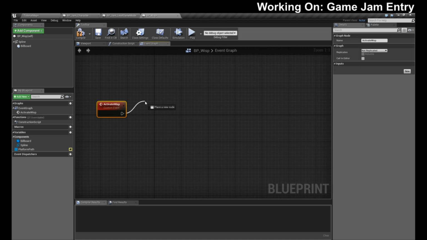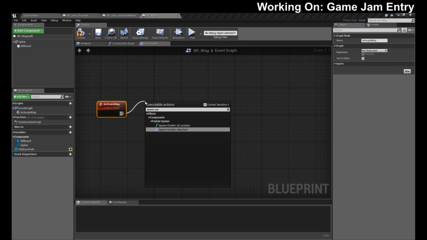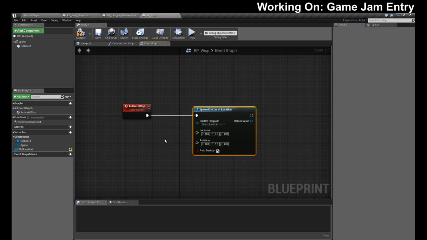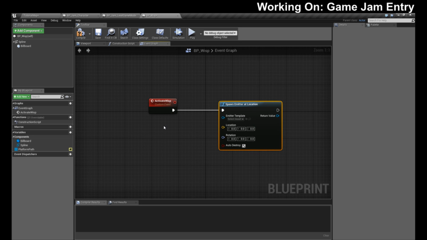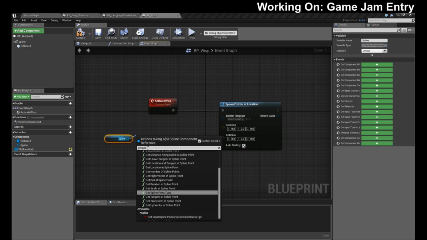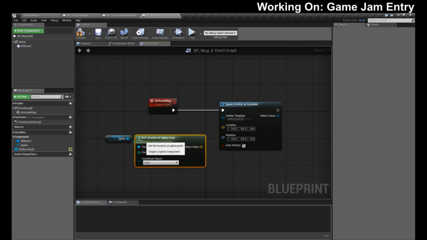We're going to spawn a particle. Spawn emitter. Okay, let's go with location, and see if we can drive the location with the timeline. So this is going to be the spline, and then we'll get spline point, get location at spline point. Let's go with that.